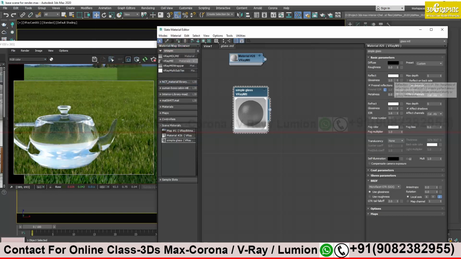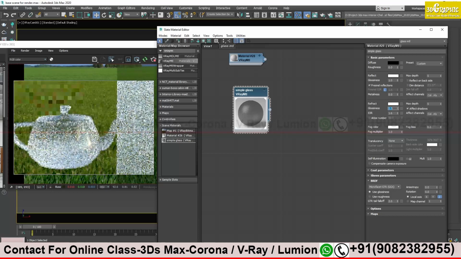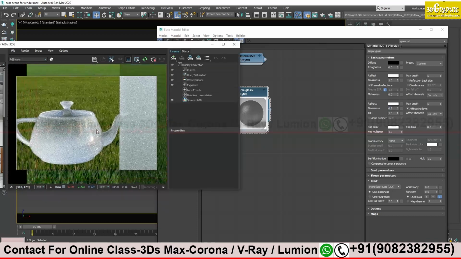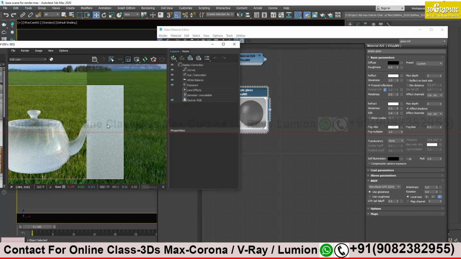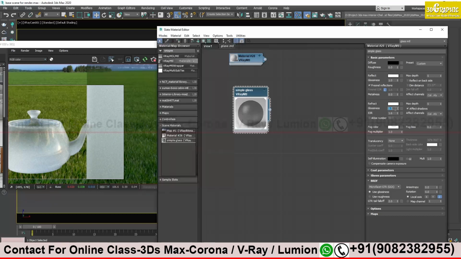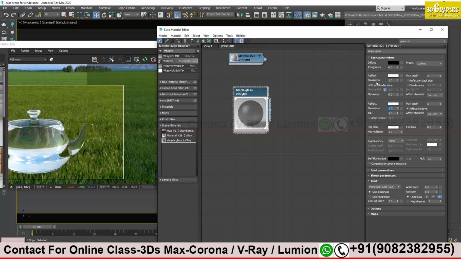Yes, only glossiness here gives you a better result. And I think glossiness for the reflection also helps. Let's try to give 0.5. See over here, this is also going to give you a frosted effect. When the light is going inside, the quality of the light is either very smooth or very rough. So if you reduce it, you will see this kind of effect, going more blurry, more frosted. Same thing with glossiness, same thing with reflection also.